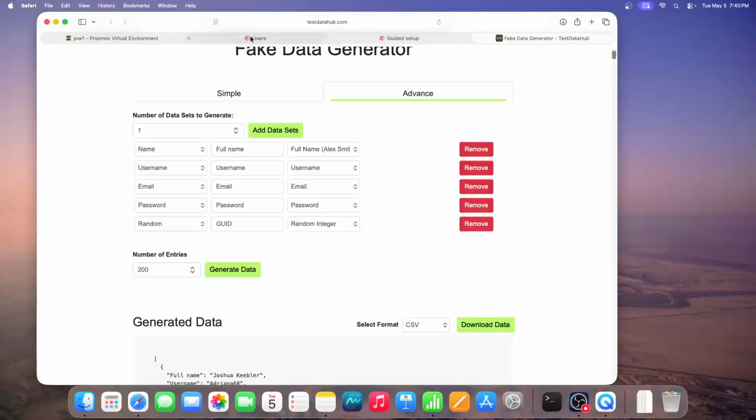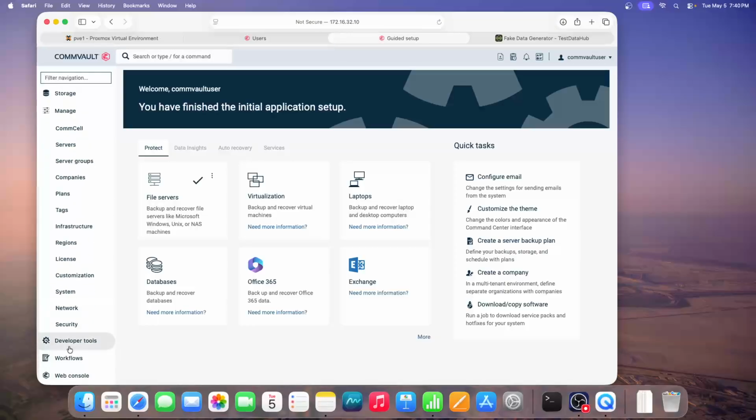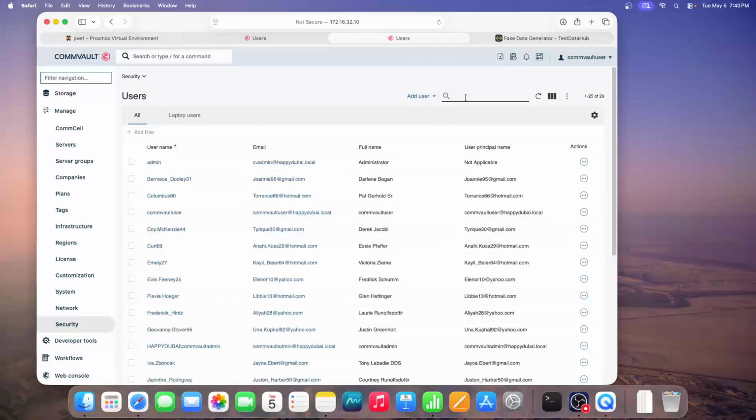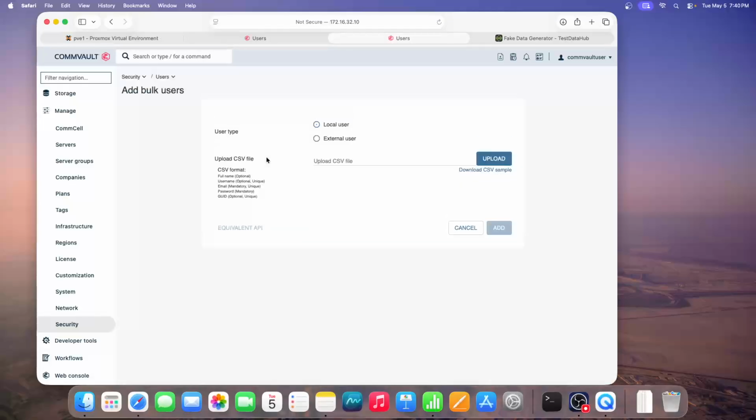We'll go over to our users. So we'll go to manage on our CommServe, manage, and users, or security, users. Once in users, you click on add user. I already have some data here. So add user, single user, and create local users in bulk. And we're going to upload the file